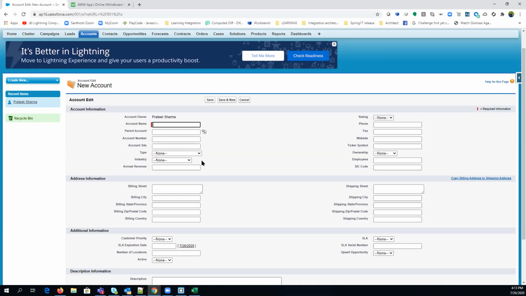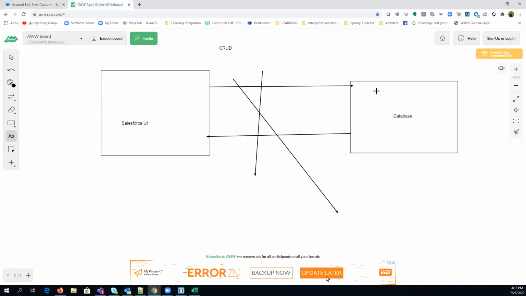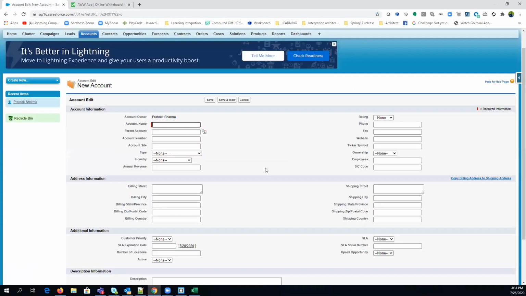So you will see that those operations are performed on the front end, but basically those operations are performed in the database, right? Because we have the complete data in the database, we don't have anything in the front end, but your front end is connected with the database. That is why all the changes are visible on the front end, right? Is that clear, guys? Yes.